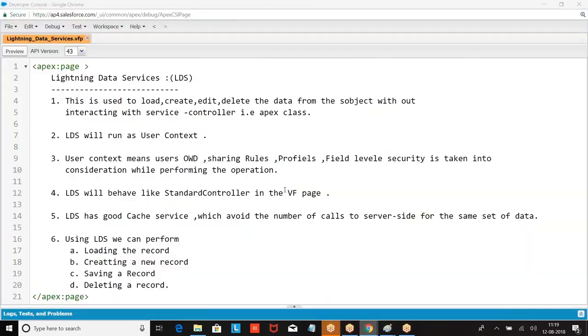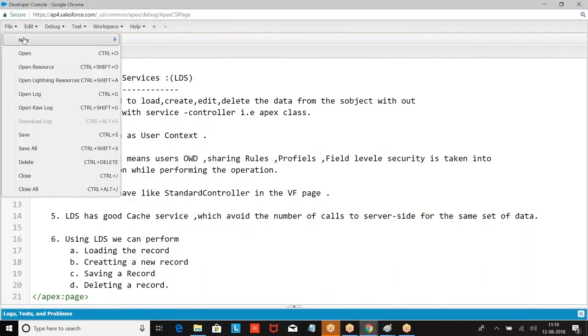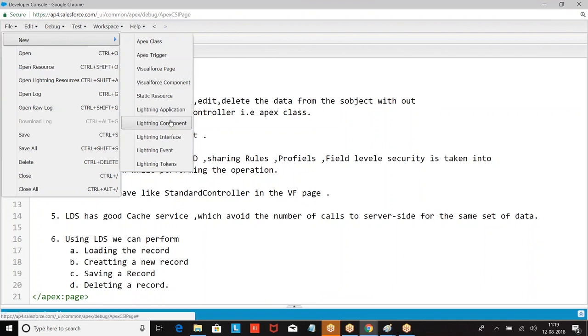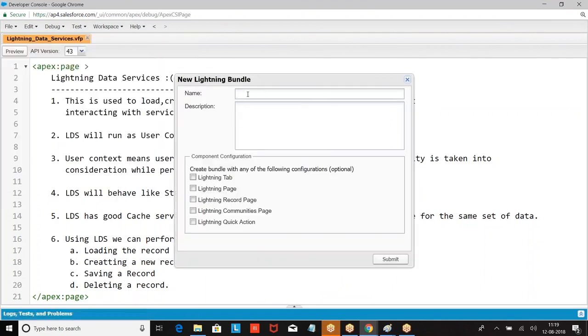First, let me show one example for you. Lightning component. Now here, look at this.